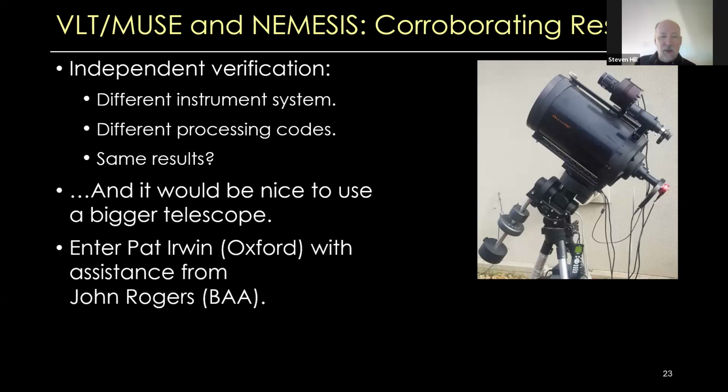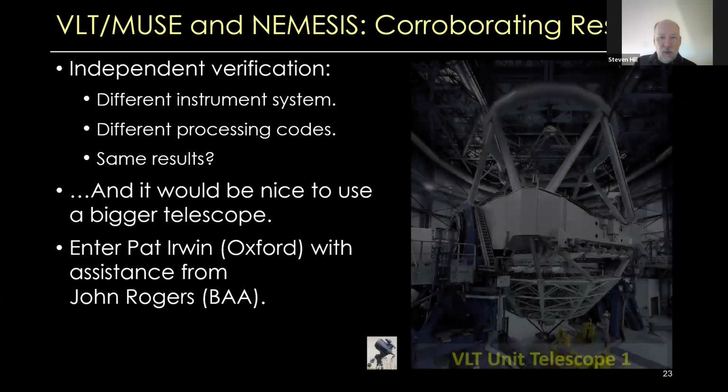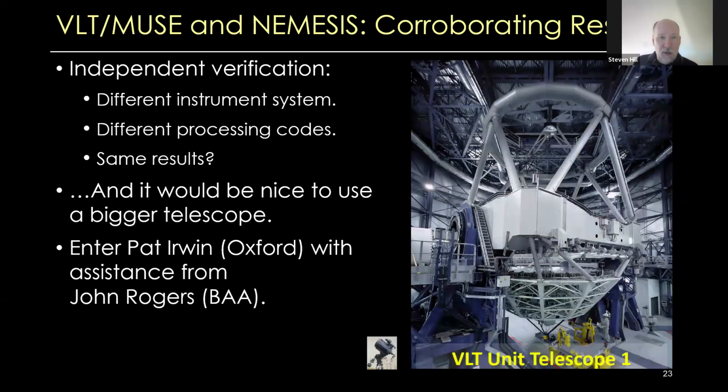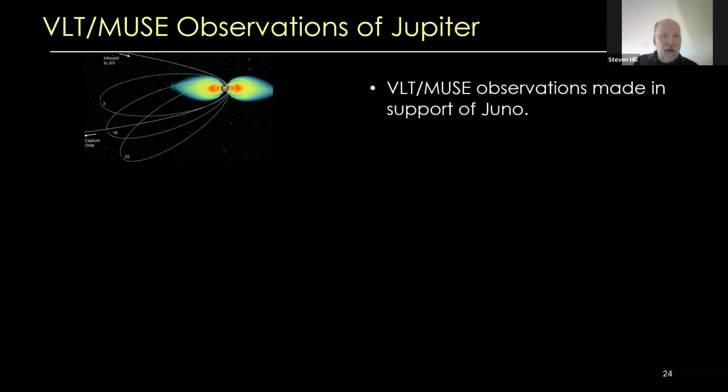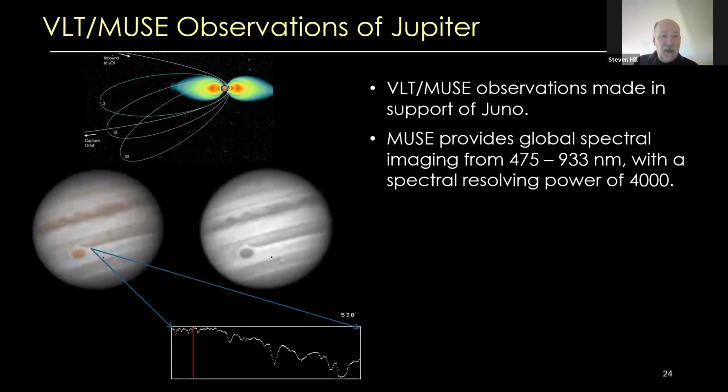John Rogers, through the British Astronomical Association, connected me with Pat, and we got data from a somewhat bigger telescope, which was really, really interesting and fun for me. So the VLT MUSE observations of Jupiter are really made in support of Juno, and they're focused on the various perijoves that the spacecraft sees. The animation on the left shows that MUSE is a spectral imager, so it has fine